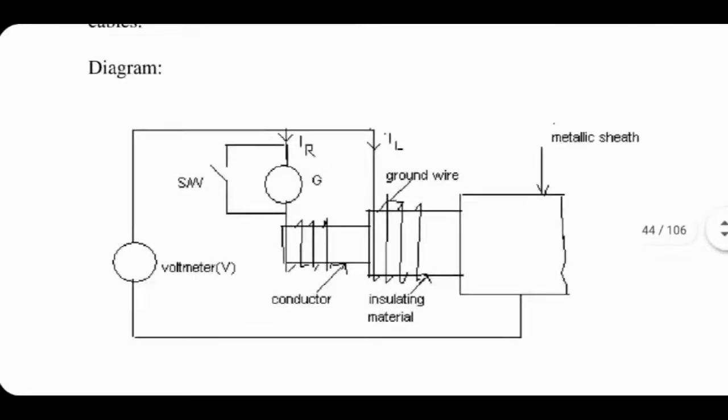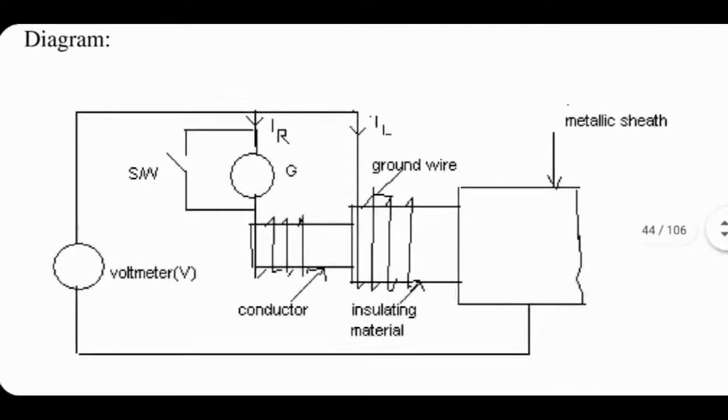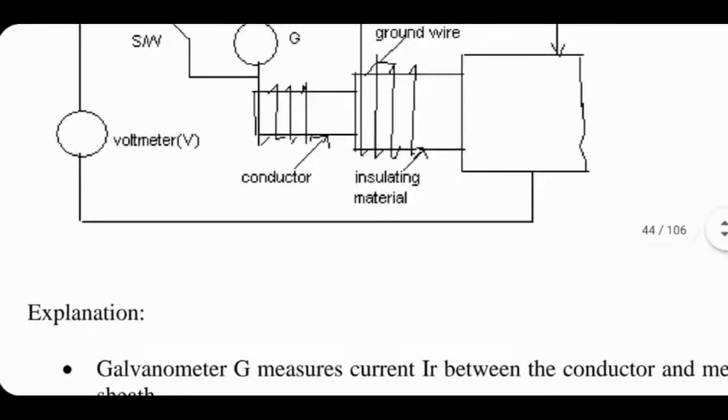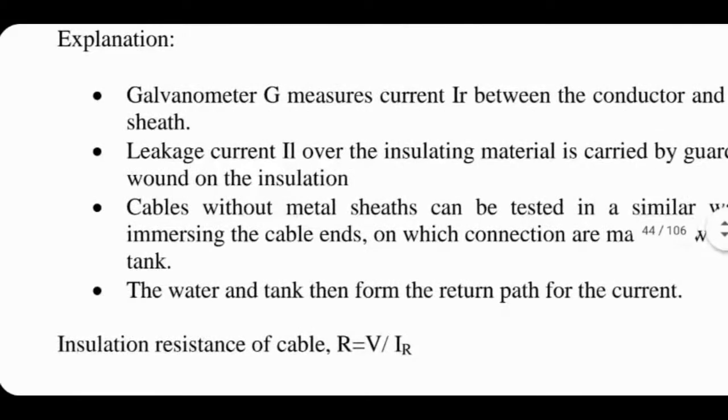This is the schematic. Essentially, you apply a known voltage and measure the current going through the resistance and apply Ohm's law. The voltage to be applied has to be high. That's the purpose. Okay. There's a lot of detail here, but I'll move to other method which also brings all this.